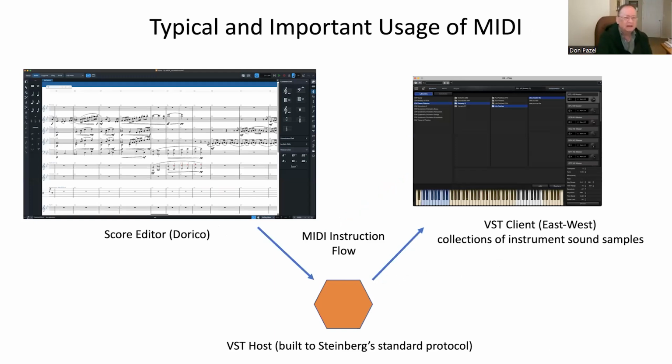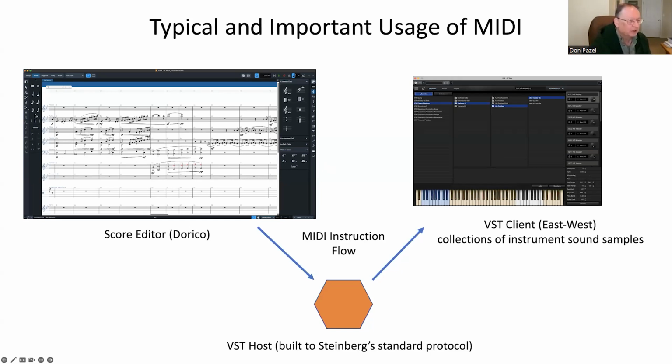So this is a typical MIDI-based app. It's called Dorico. It's by Steinberg. I'm not endorsing that here. There are many other similar products around by different companies. What comes to mind is Sibelius and Finale, which are competitors. But I wanted to show you that on my desktop screen, I could fill the whole thing up with this score editor. And this is me composing some woodwinds in one of my favorite pieces that I have.